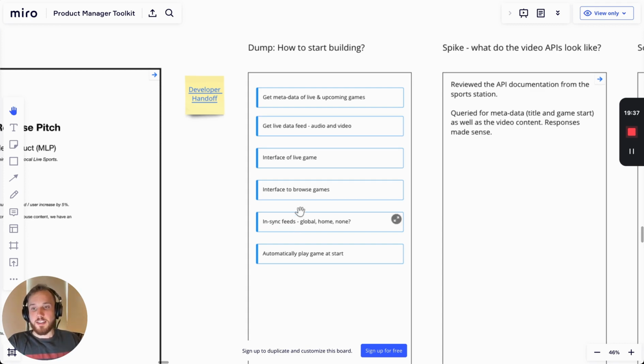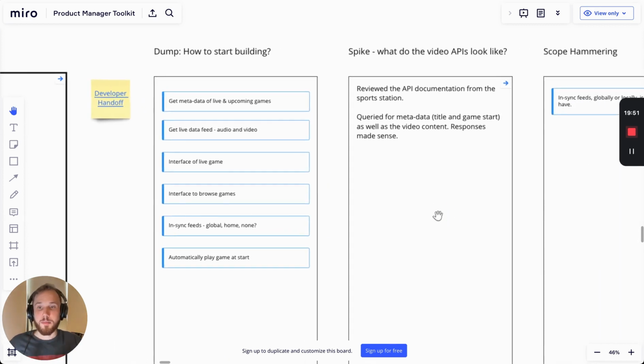So after dumping out the ideas that I had in my head, you can use these delivery tools, whether you're the product manager or the engineer. They're reusable. That's the beauty of them. And after dumping those ideas out, the biggest question I had was, okay, what do the video APIs look like for that local sports station that we are integrating with? And that's where